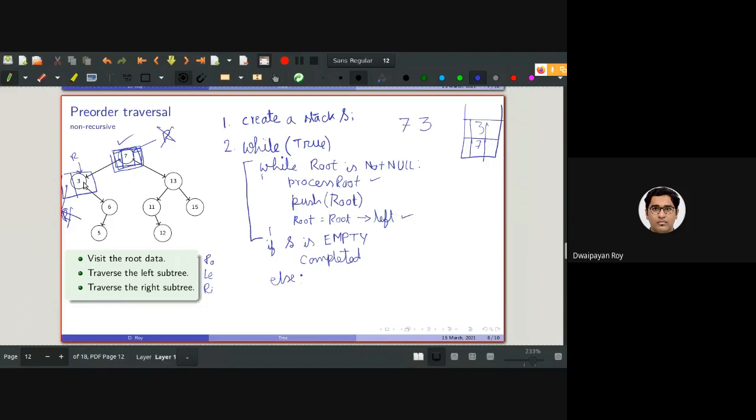So 7 traversed, 7 processed, 3 processed. Now we need to go to the right subtree of this topmost element. So top is here, right? What needs to be done is we need to set the new root to the popped element.